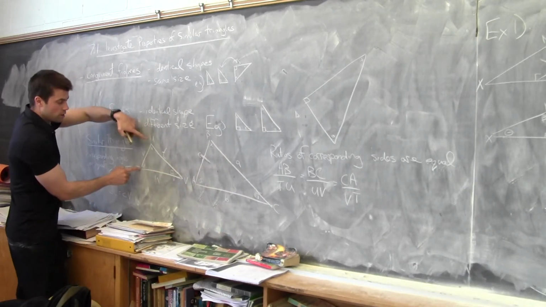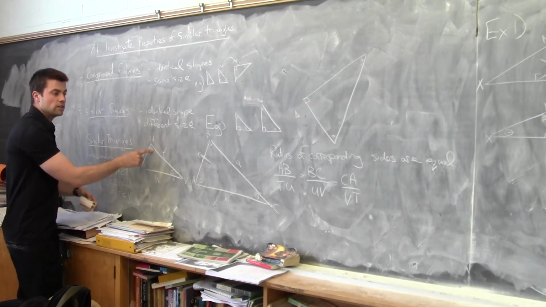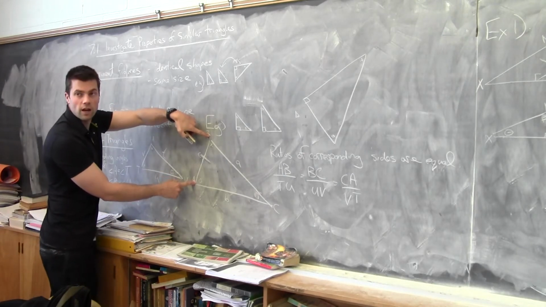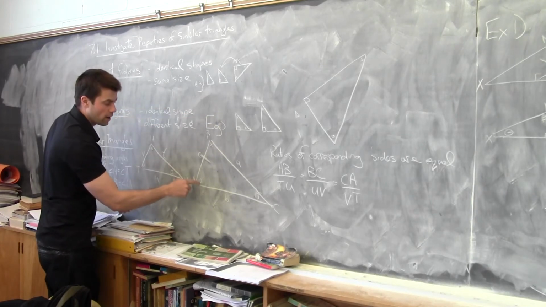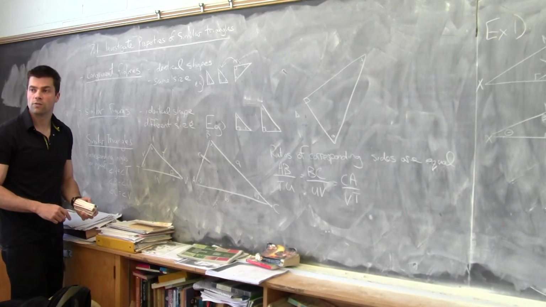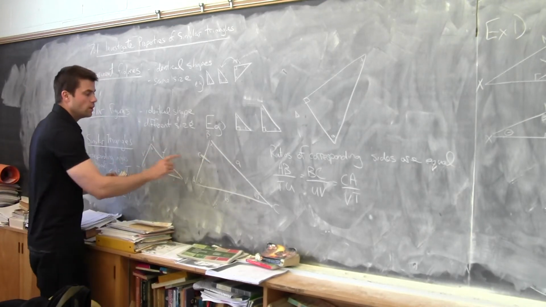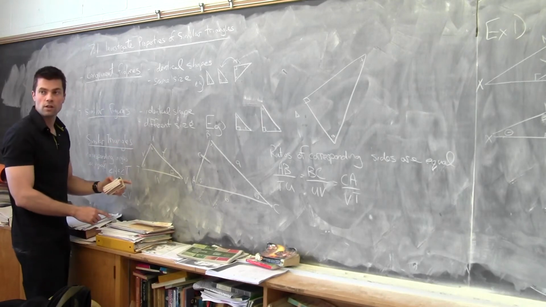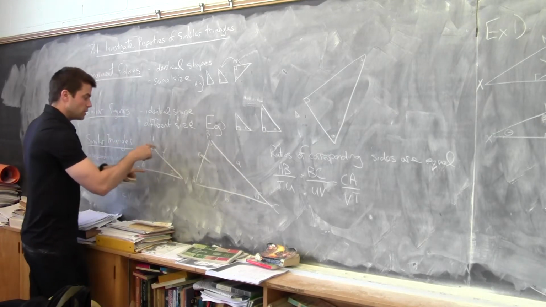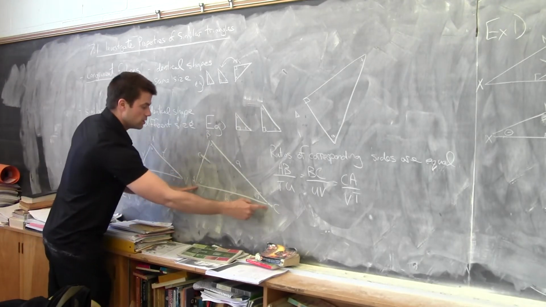If you're talking about the side TU, you're going from angle 0 to angle X. Make sure you're talking about the same side in the bigger triangle. You're going from angle 0 to angle X. That's the only way you're not going to get confused when you do this. It looks simple here because I have them in the same orientation, but make sure you use that side over that side is equal to this side over this side, which is equal to this side